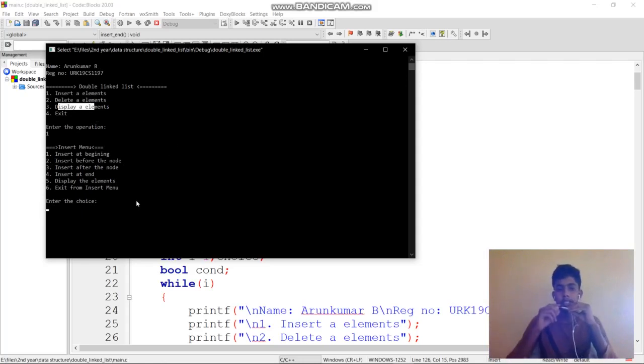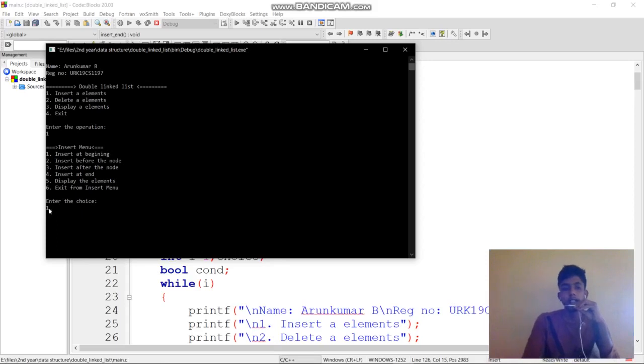Now let us see the operations one by one. I am giving one, to insert at the beginning. Here you can see there is no element, as we didn't add any element before. For this condition I have written some code, and only that code will be performed.